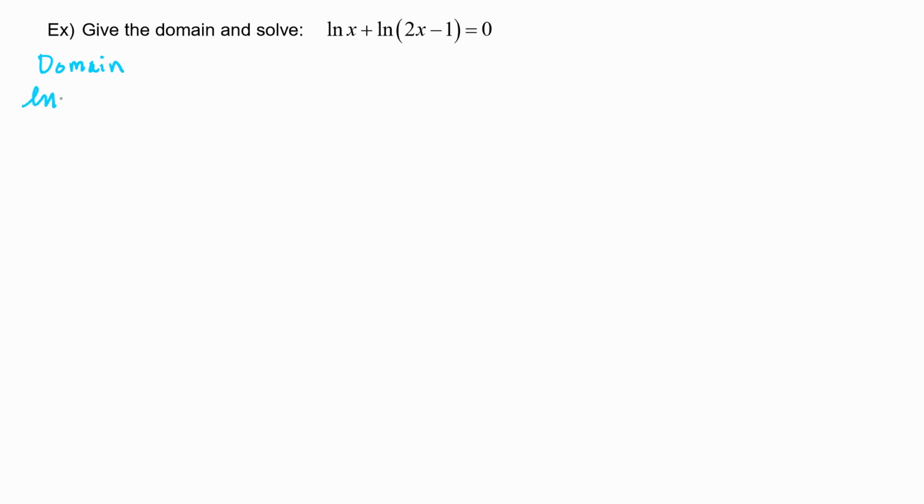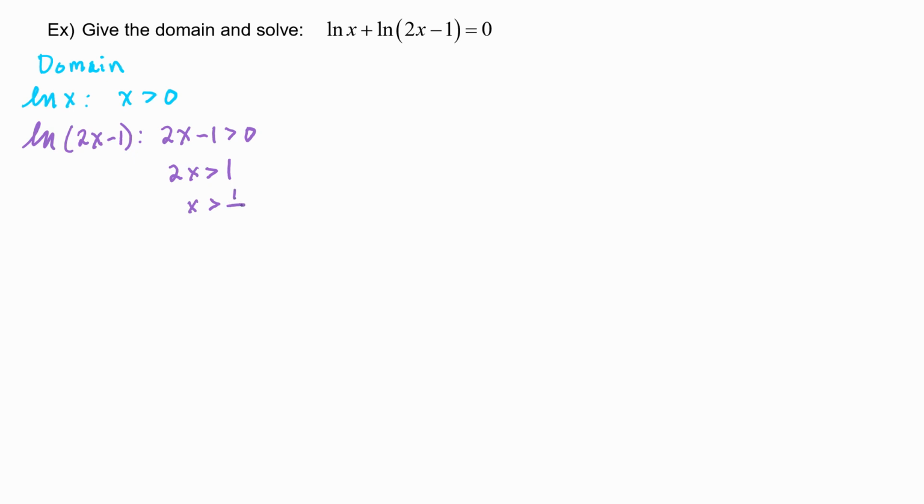So for natural log of x, we will need x to be greater than 0. And for natural log of 2x minus 1, we will need 2x minus 1 to be greater than 0, which means 2x is greater than 1